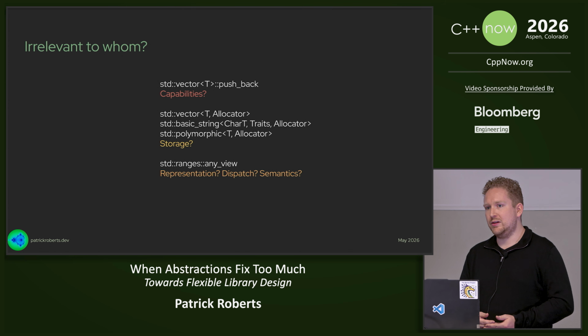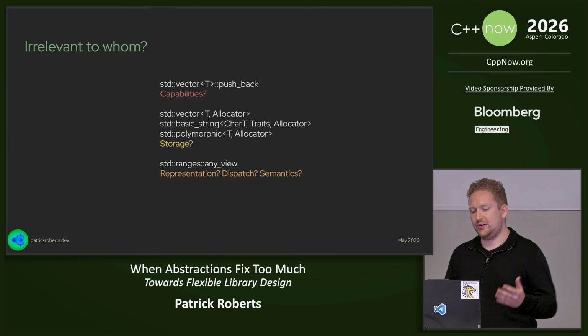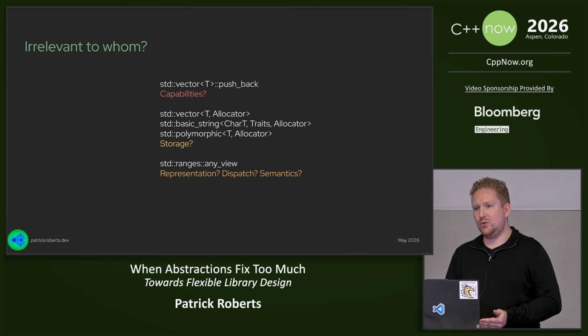That was something that was debated even within the committee, and the decision was that we don't want a valueless state because AnyView is a range, and range has a reasonable surface for defining default semantics of an empty range. Because an empty range is a reasonable default state, they decided that there should not be a valueless state. Some users might not want to have a default state and pay for destroying the moved-from object at the point where it's moved from. And so there are some performance considerations